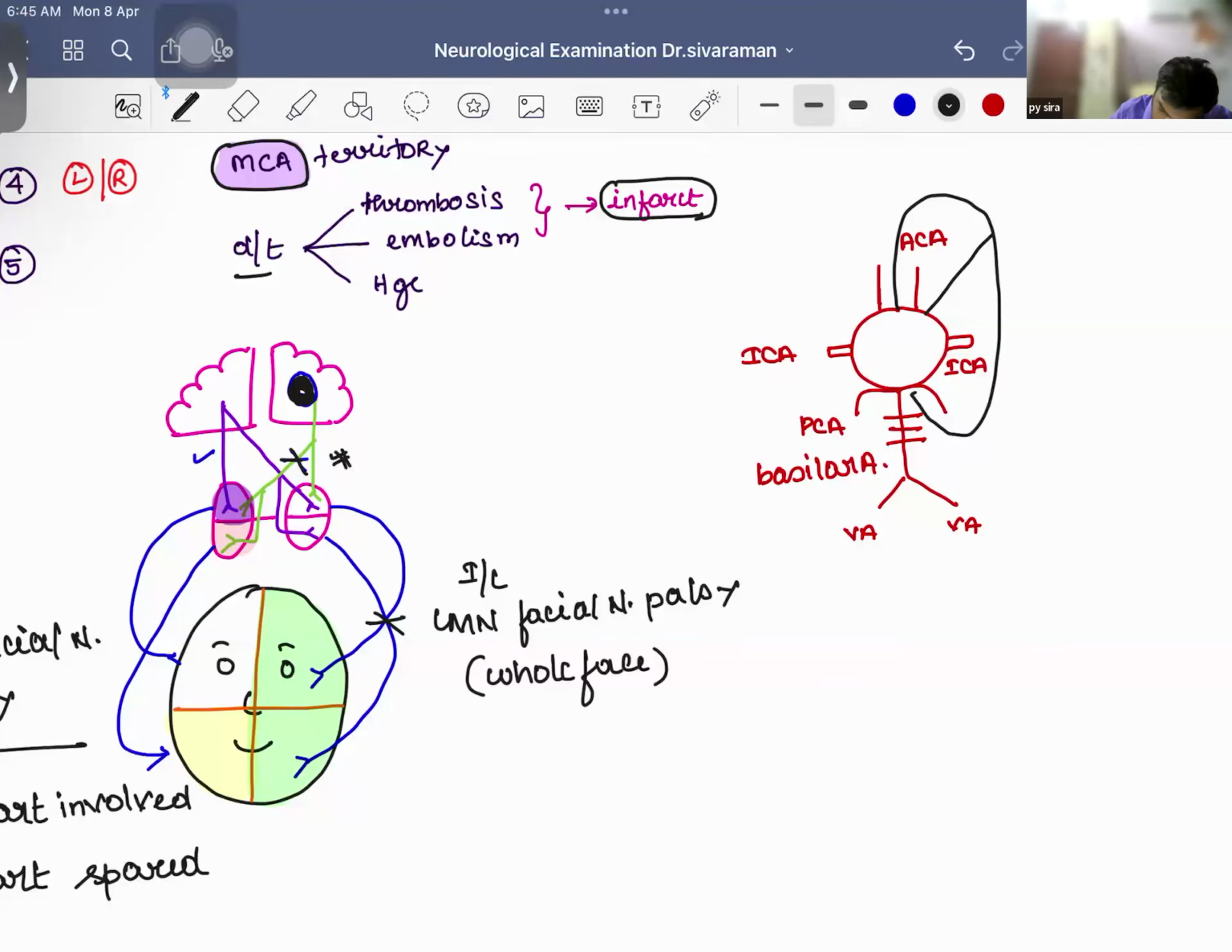This forms the ACA territory. This forms the MCA territory. And this forms the PCA territory. This circulation is called anterior circulation stroke, and this part is called posterior circulation stroke. Now, if you superimpose here something called the inverted homunculus,